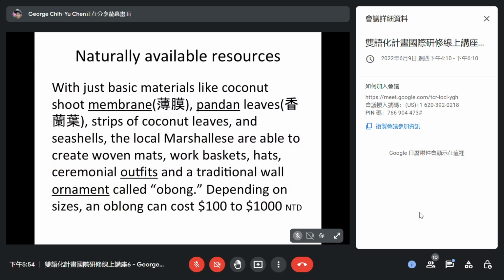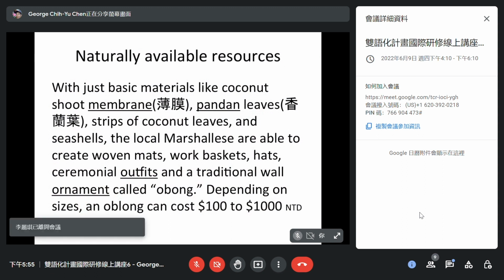When you go to Marshall Islands, just like many other tropical islands, coconut trees are abundant. And the local people really have a good use of the coconut leaves and the coconut shoot membrane. And when you look at the word shoot means 幼苗. So the coconut shoot membrane and the pandan leaves. I give you the Chinese definition, 叫做香兰叶, pandan leaves, and the strips of coconut leaves. Strips means 长条状 of the